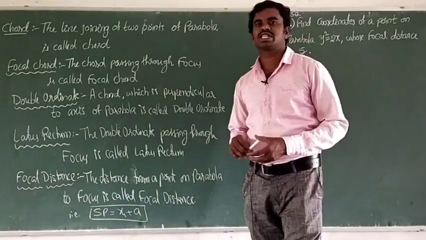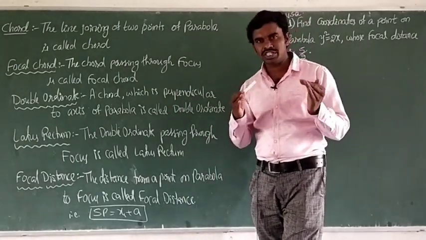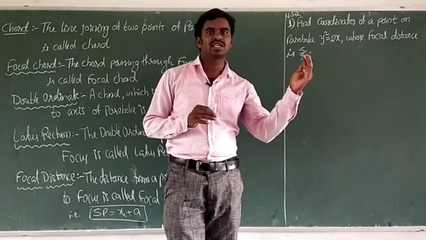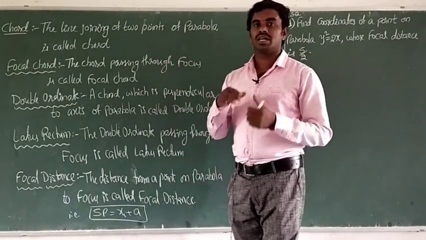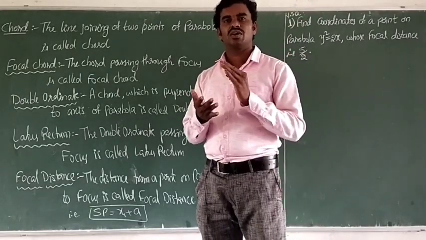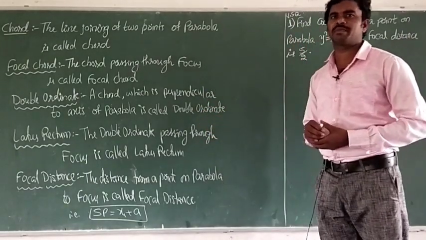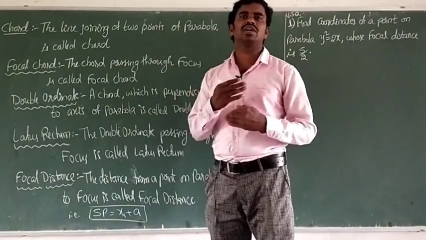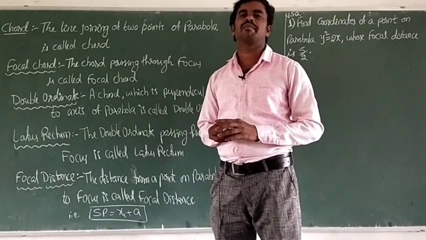Parabola, second part. In part 1 we saw the introduction and the general standard form of the parabola, that is y square equal to 4ax. We saw the diagram of the parabola and the key points, such as the vertex and the focus. So we have learned these concepts in the previous part. From this part we can enter into the 2 marks questions, and after that we can learn the 7 marks questions.